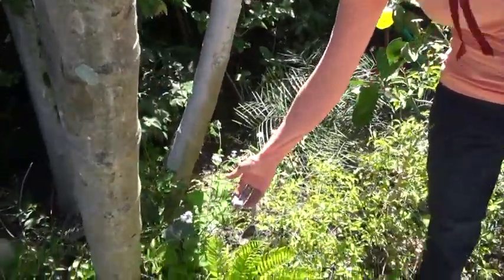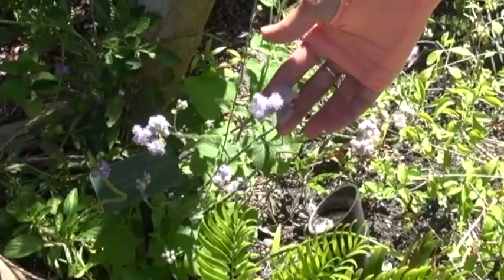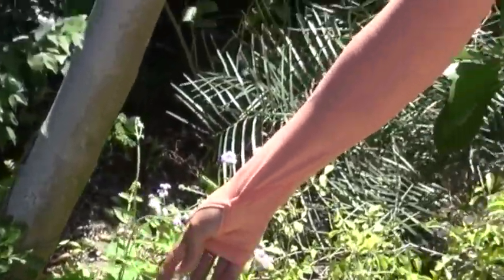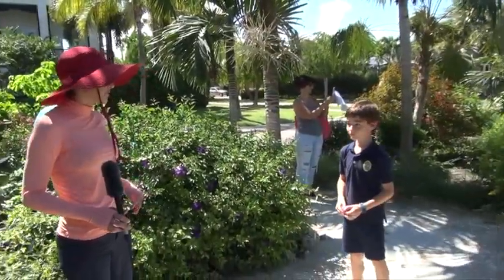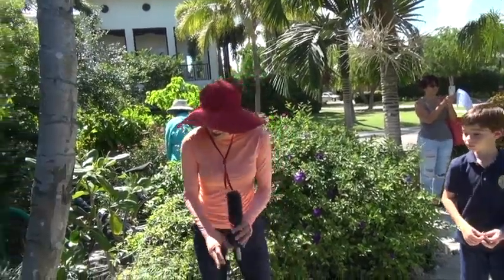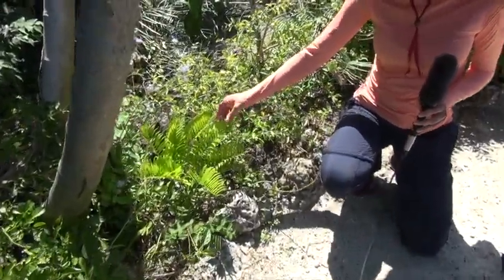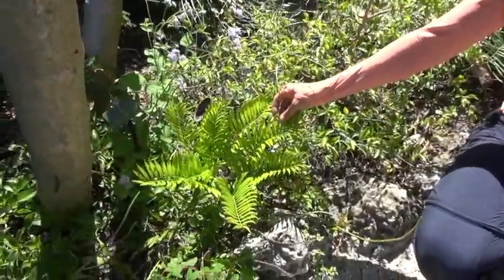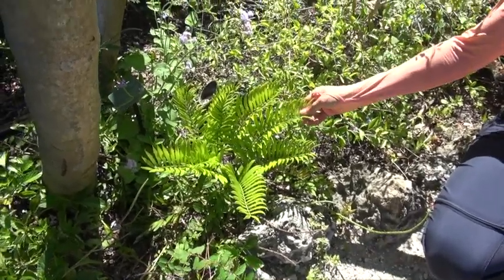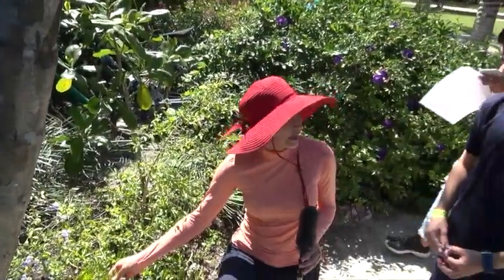Again, it's kind of a weed, but blue mist flower. But it's great because it flowers all the time, it spreads on its own, and in particular the queen butterflies really like it for food. And then right here, this is a Kunti, and this has nice fresh new growth on it, which is why the leaves are so pale green. So Kuntis are the host plant for our Atala butterflies, which were almost extinct but are coming back, and it's